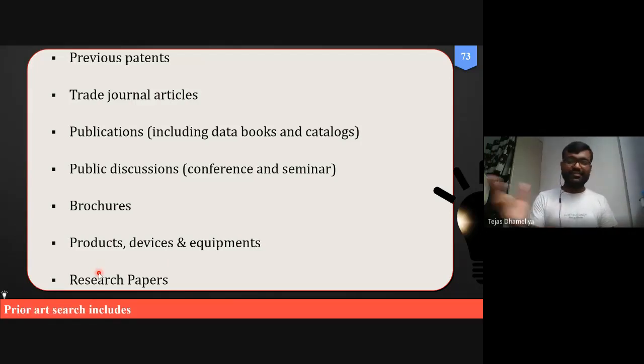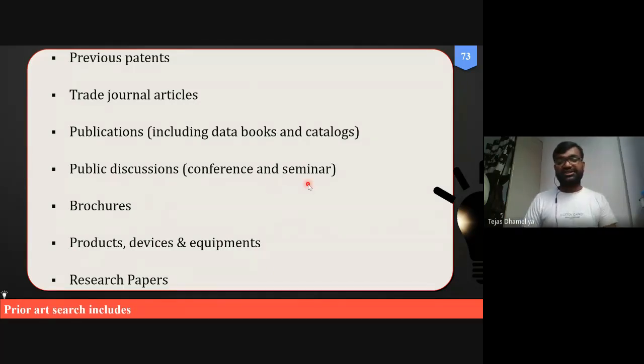It can be research papers, right? Not only patents, but also research publications available online in any research journals. Products, devices, and equipments. Already some of the equipments are sold by Zydus Cadila or some other company. So that can also be considered.